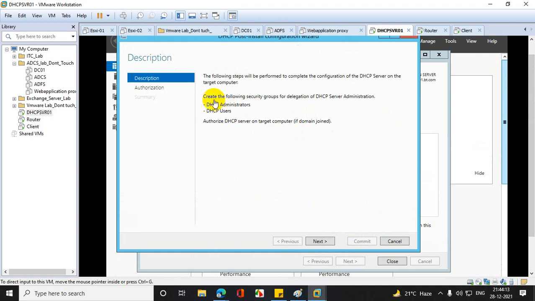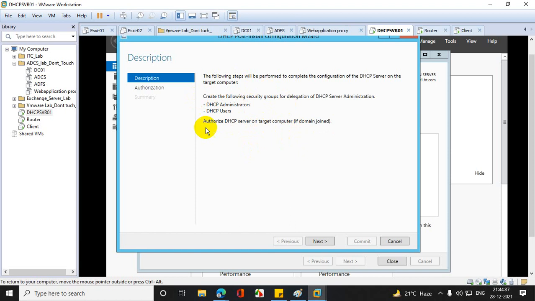Now see what it does: create the following security groups for delegation of DHCP server administration. That means whenever you are doing the DHCP authorization, a built-in group will be created: DHCP Administrators and DHCP Users. Clear? Authorize DHCP server, target computer if domain joined.